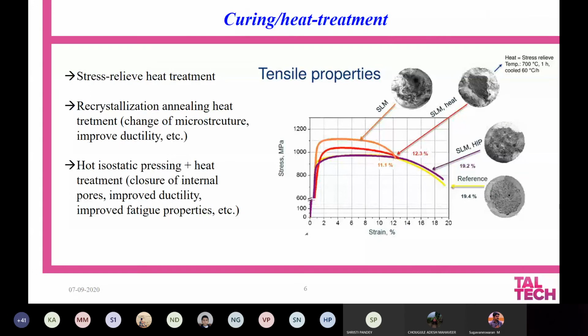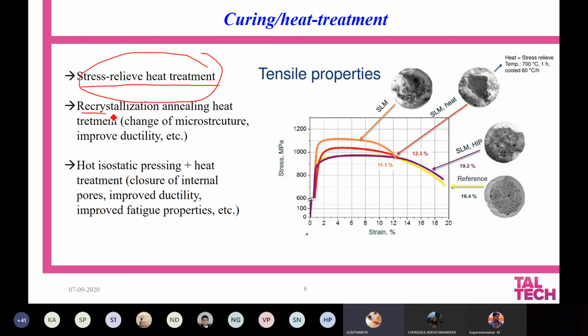The second thing when it comes is the curing or heat treatment. As I said, this kind of thermal treatment is required under several conditions. One, when you want to modify the microstructure, or for stress relieving, which we saw: if it has a high degree of internal stresses, we need to relieve them, and then we need thermal treatment.